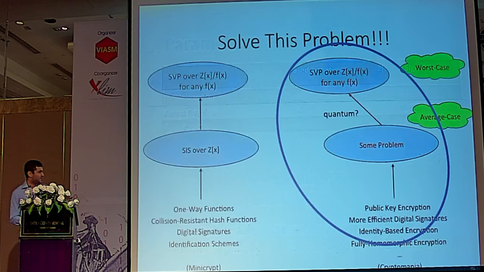So to reiterate, if you remember something from the talk, it's: solve this problem. Figure out if there's some way to define a problem and make it as hard as SVP in lattices over any ring, and then build things on this problem. And of course, regular LWE is one of these problems, but we want it to be more efficient than LWE.